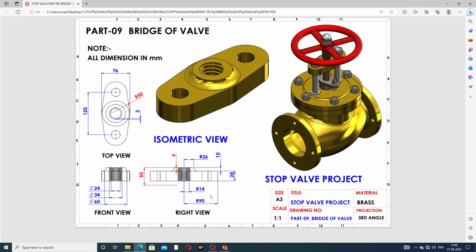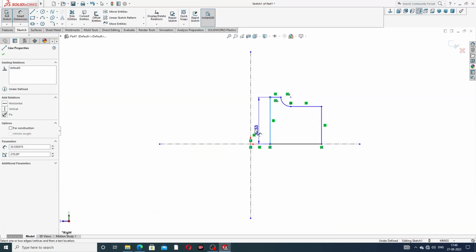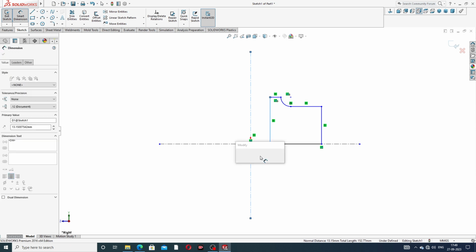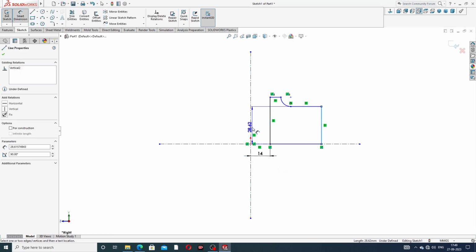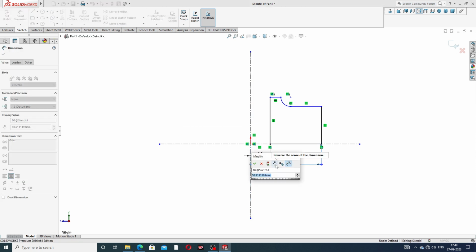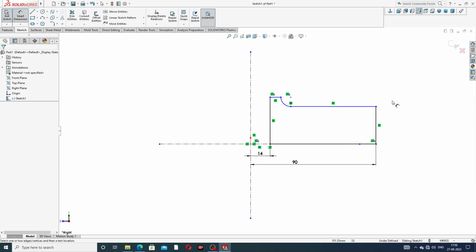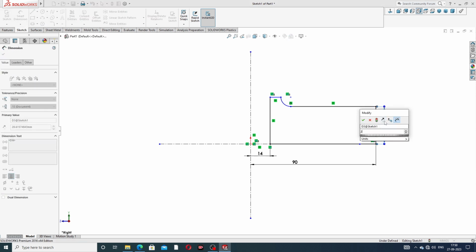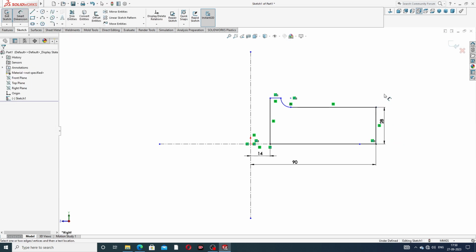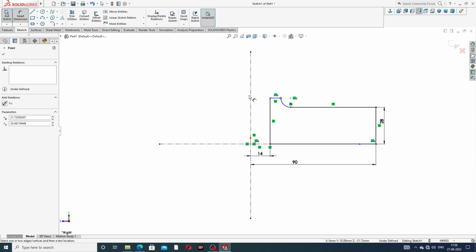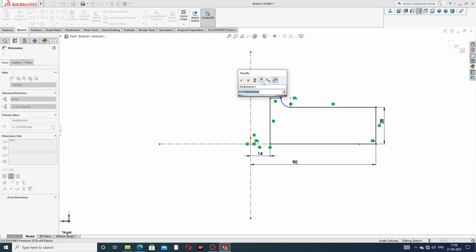At first this distance is 19 millimeter, the full length, and 14 millimeter is half of this length. This distance is 14 millimeter, and this distance is 90 millimeter. This distance is 28 millimeter, and this is 26 millimeter.